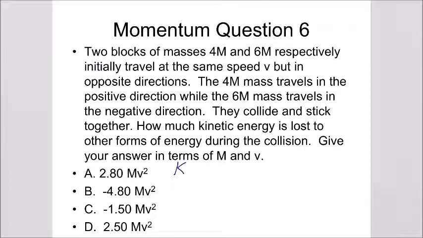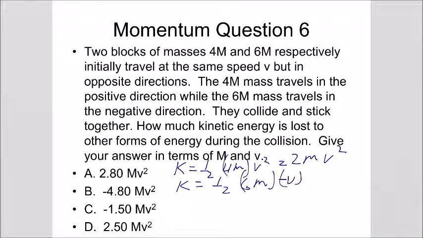So that's going to be equal to 1/2 mass of the first object times the velocity of that object squared. So that's going to end up being 2mv squared. We also need the kinetic energy of that other object, so this will be 1/2 6m times negative v squared. The negative doesn't matter here because it's going to square out. So that's going to end up being 3mv squared. So our kinetic energy before the collision is going to be the sum of these two. I'm going to call that KEi, initial kinetic energy, and that's going to be